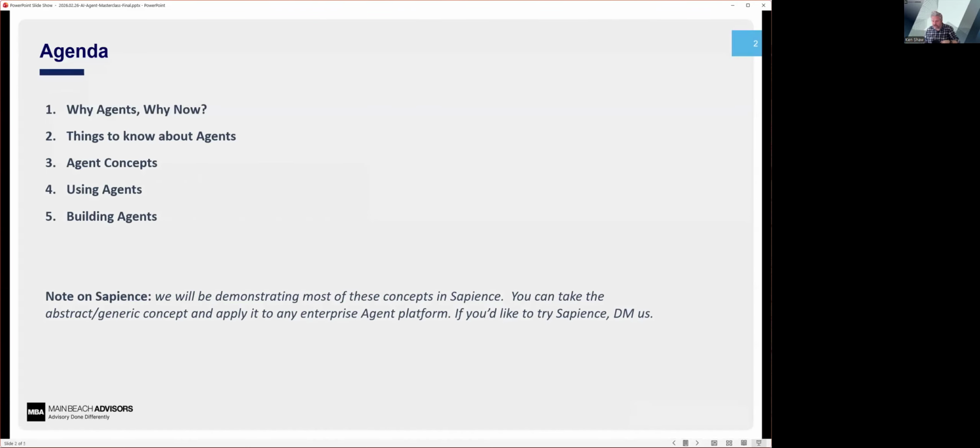So if you're here, there's a pretty good chance you're already thinking about AI agents, right? But today we're going to cover just what are agents? Why are they setting boardrooms on fire? Why is it the focus of many CEOs and many boards and many investors around the world? And then we'll look at some generic agent concepts, so how to think about planning for agents, building hybrid workforces, part human, part AI agent, and then if time allows, we'll even build a custom agent on the fly and see how that process works and how you can use it.